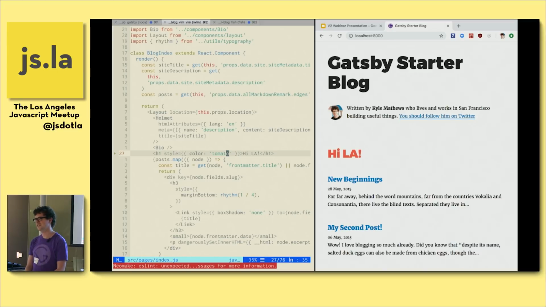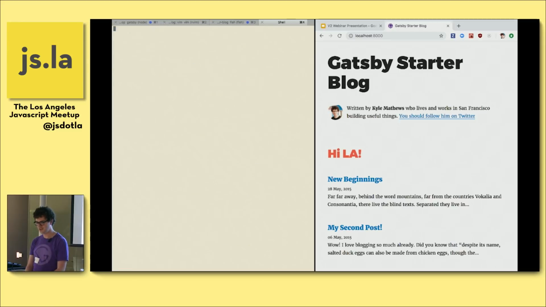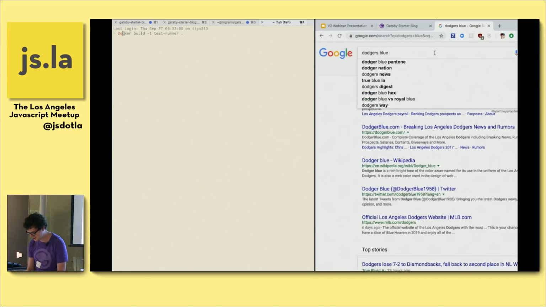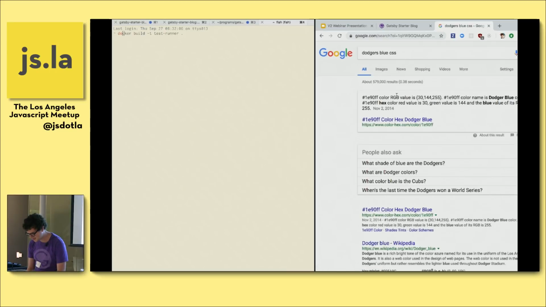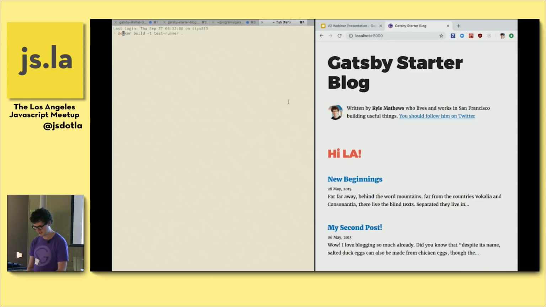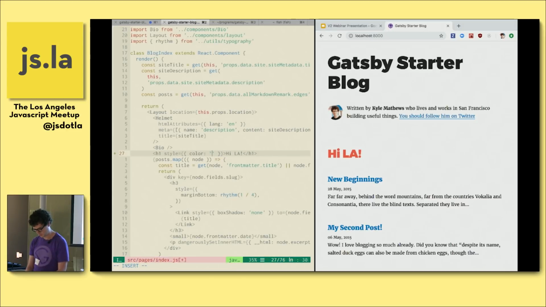Oh, Dodger blue. Sorry, Dodgers blue. I don't know what this is. Oh, wow. Okay, sorry, we got to do this now. Wait, it's built into the browser? What? How did you get your own?